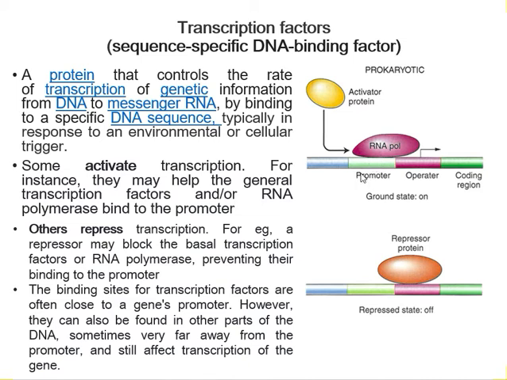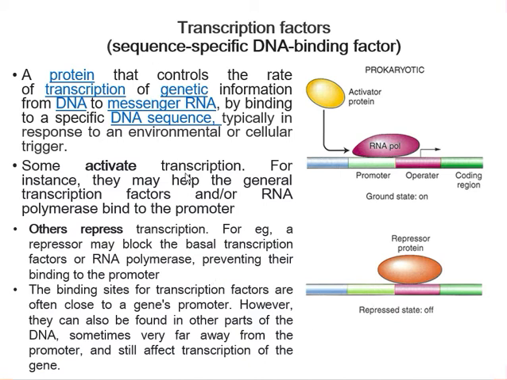So, they can be called activators, whereas there are some others which cause repression. For example, here you can see a repressor protein. It has come and bound to the operator region, thereby preventing the RNA polymerase from moving forward. So, even if the RNA polymerase binds to the promoter region, it will sometimes block the RNA polymerase from moving forward, or it can even block the binding of the RNA polymerase to the promoter.